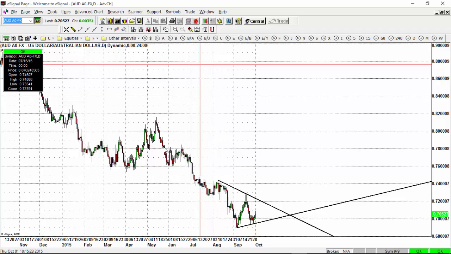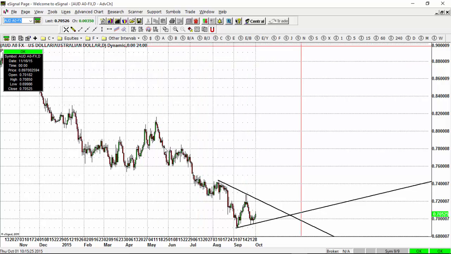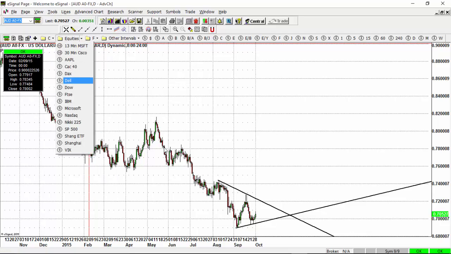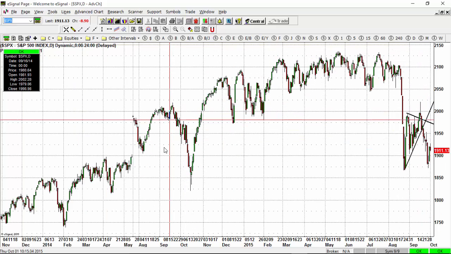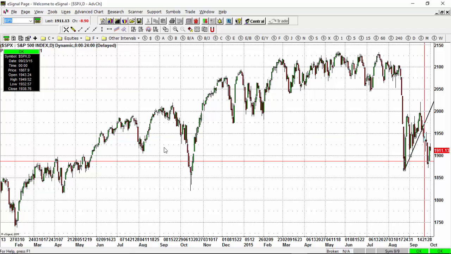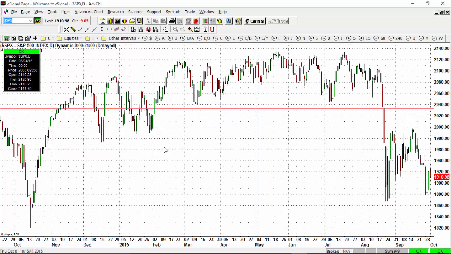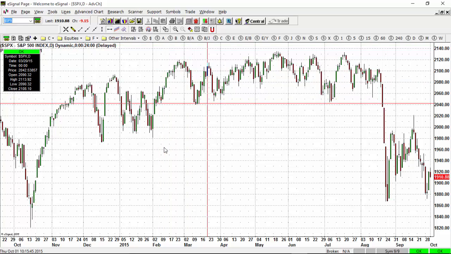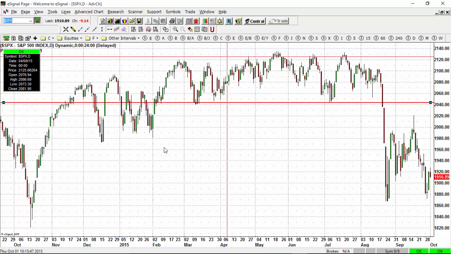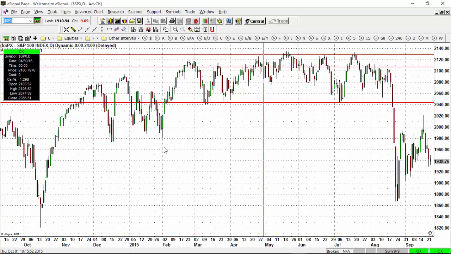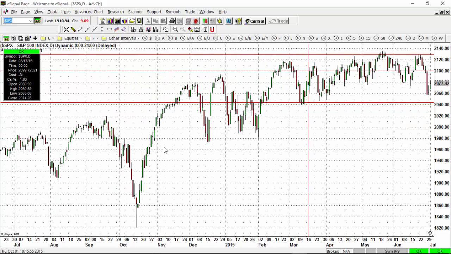Okay, moving on to another market we haven't touched on in a while. Let's take a look at the US stock index, the S&P 500. Let me just clean up this chart here. What is happening in the S&P 500? That's why it's important to look at charts and be good at chart analysis. We see that the market was in a consolidation pattern, channeling, moving sideways essentially